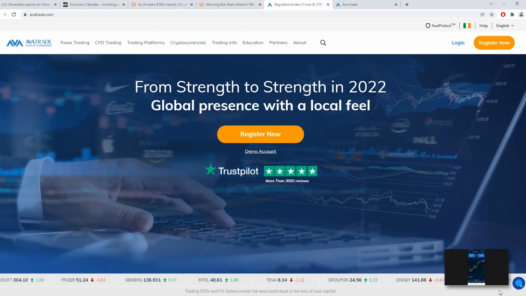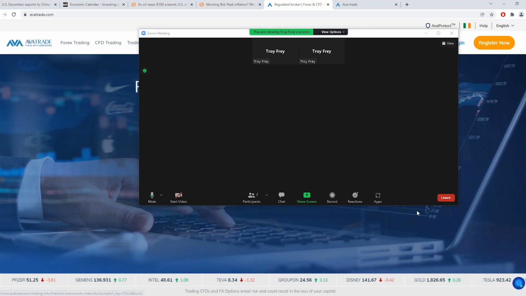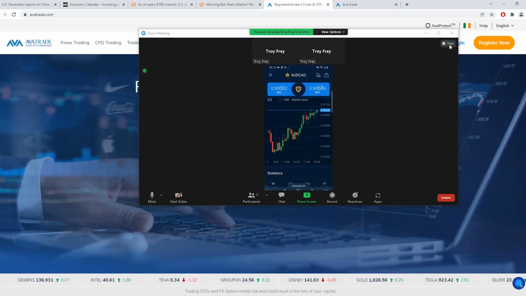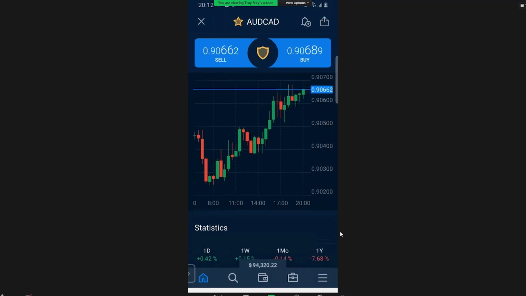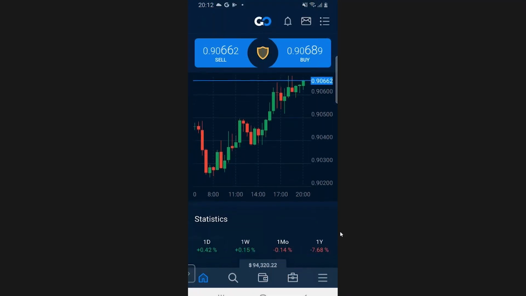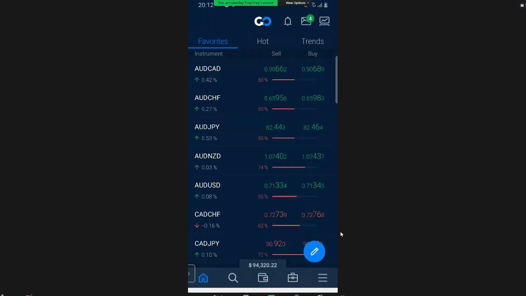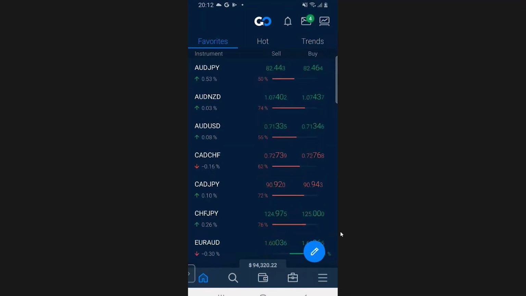Now, we can take a look at the mobile app, and I can bring that up here on a full screen view. And within the mobile app, let me go back to the home page here. Within the mobile app, there are some features that can help you with your risk management as you go about doing your fundamental analysis and technical analysis, which also can be helped by some features within the app and our web trader platform. So you can trade right on your MT4 and MT5 accounts from this app and also from our web trader and take advantage of the advanced features.